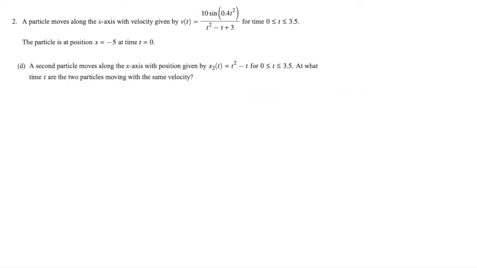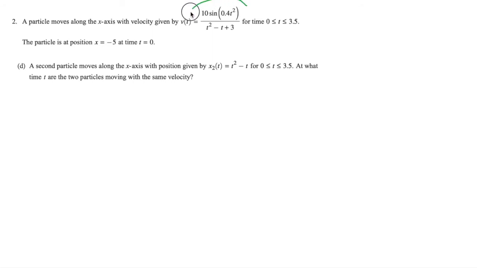And this is the last part of exercise 2. A second particle moves along the x-axis with position given by t squared minus t, also for 0 to 3.5. The question is, at what time t are the two particles moving with the same velocity? Well,